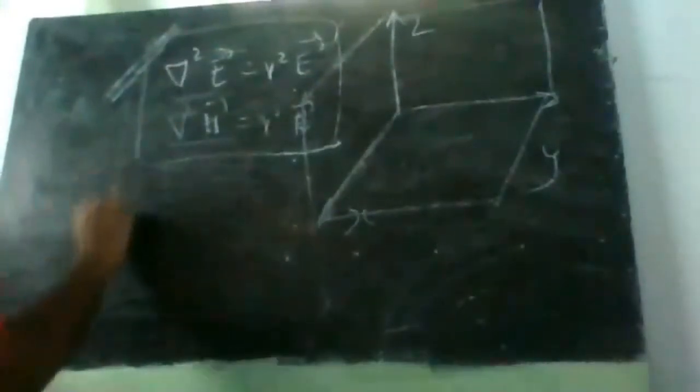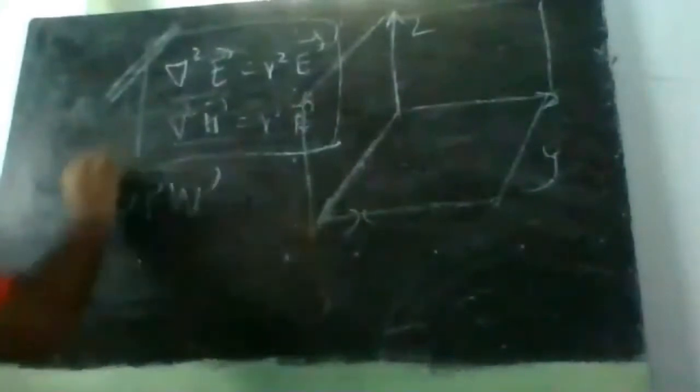If the electromagnetic wave travels only in one particular plane, or along one coordinate axis, then such waves are called uniform plane waves. So remember the term: uniform plane waves. What are uniform plane waves? They are the waves that travel in only one particular direction or one particular plane.